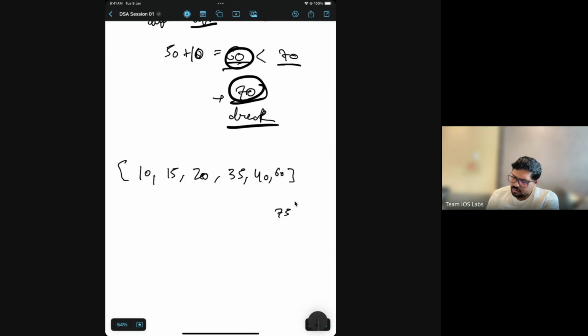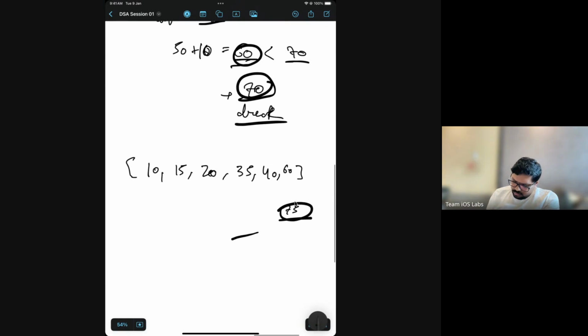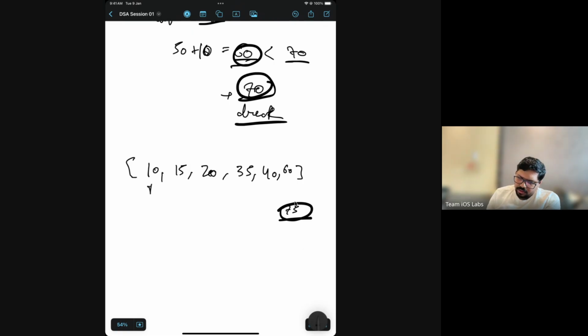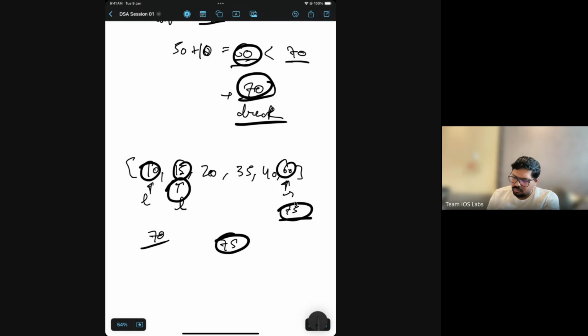So for this, again we start with left and right. Left and right total is 70, which is again less, right? So you increase your left pointer. Then again you add 60 plus 15, you get 75. So your problem is solved.